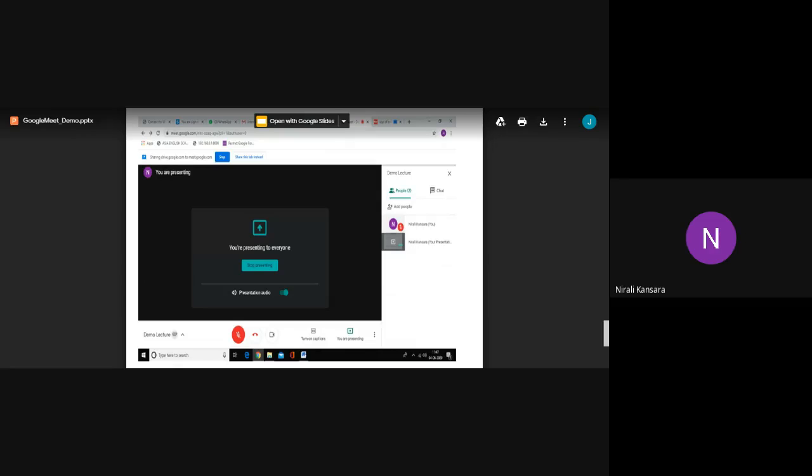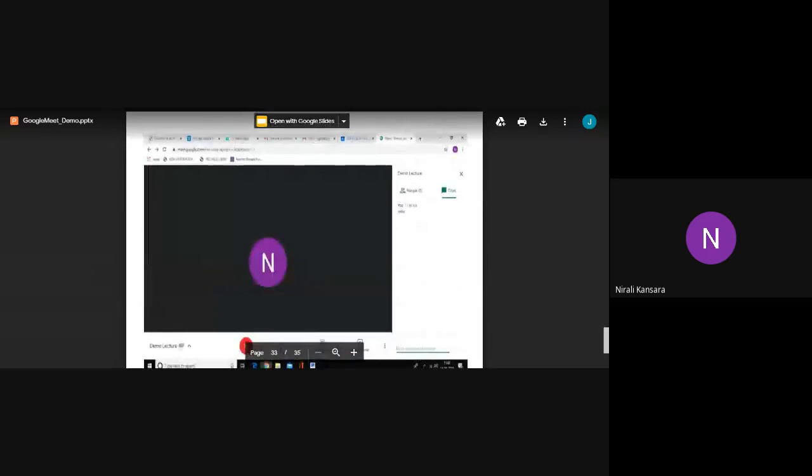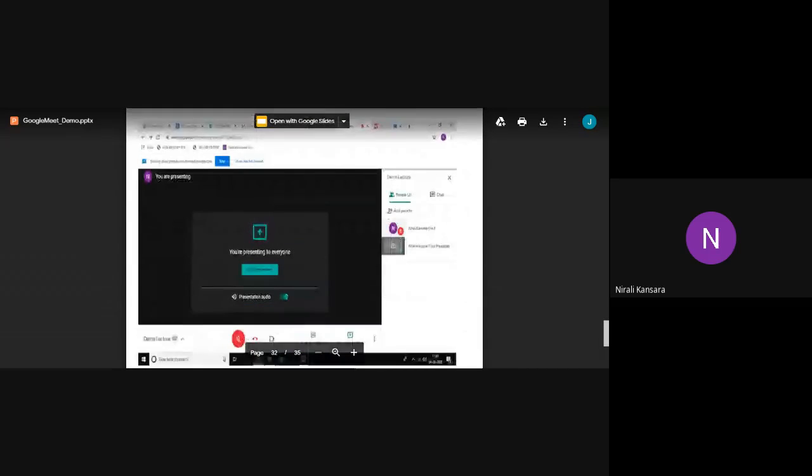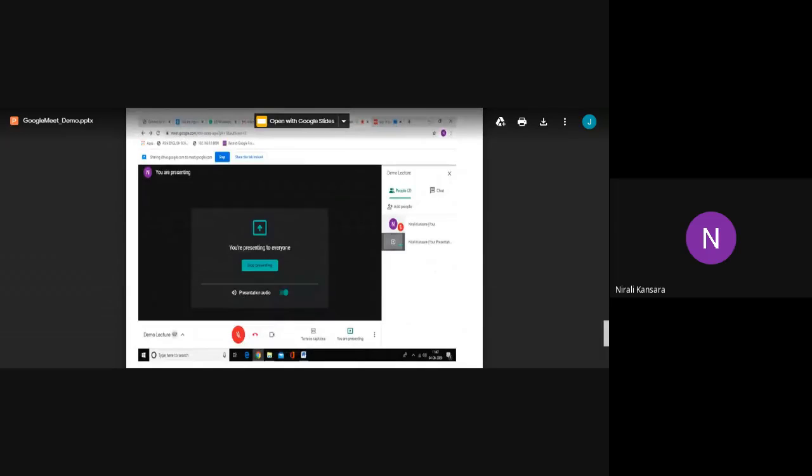If you have not added your guests from Google Calendar, you have another option for adding people by clicking on this add people. When you click on add people, it will show you the same dialog box which you saw while adding the guest in Google Calendar. Okay. From add people, you can add guests from here.